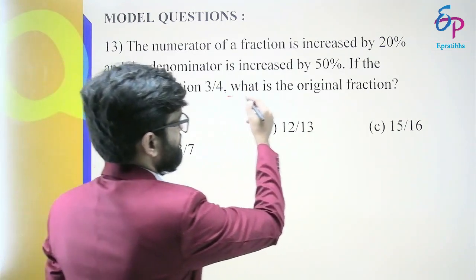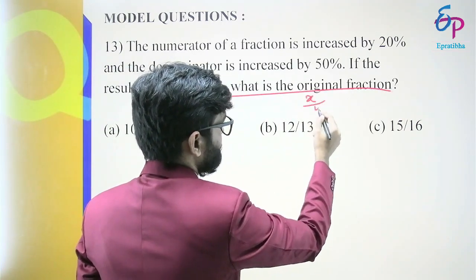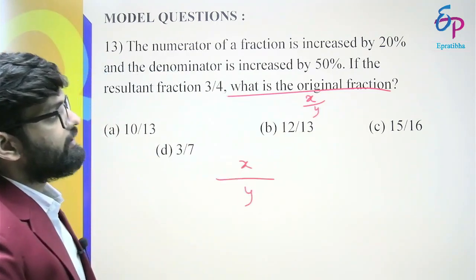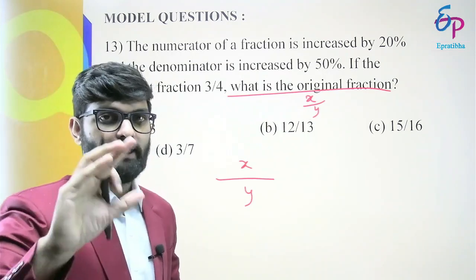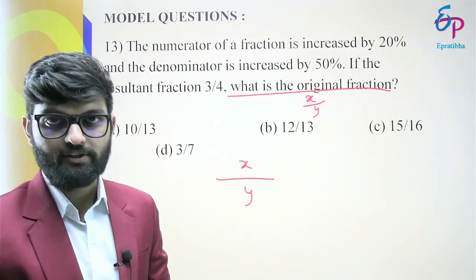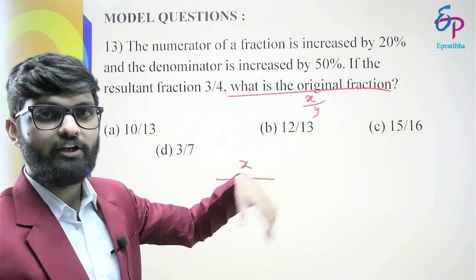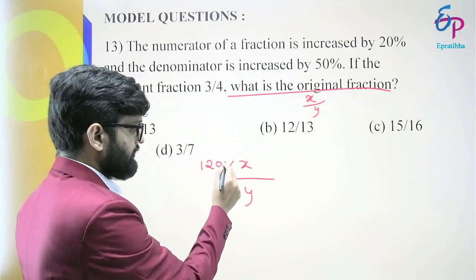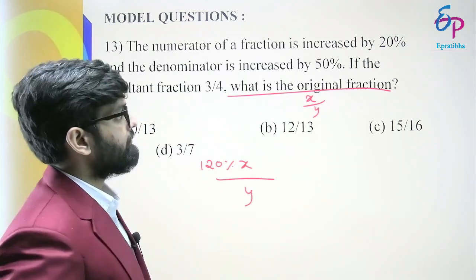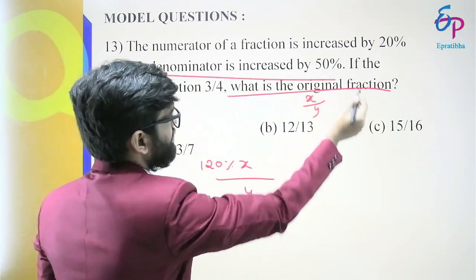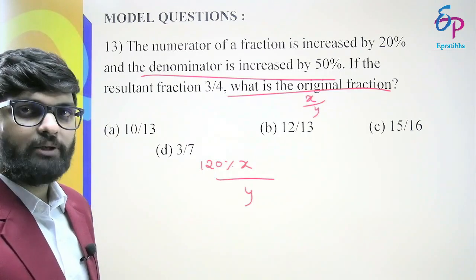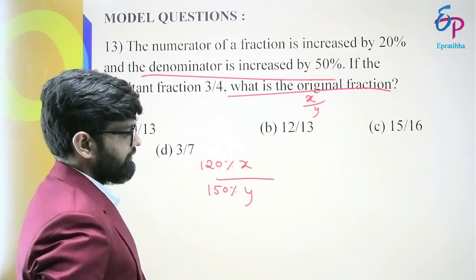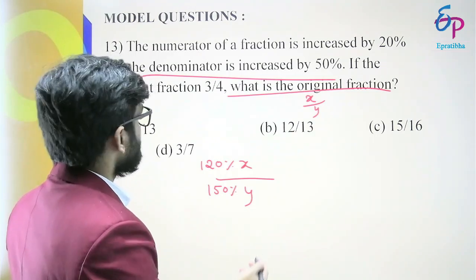Now suppose the original fraction, if I don't know, I'll take it as x by y. What they are telling is x by y is the original fraction. The numerator is increased by 20%. Let me take the initial fraction always to be 100%. So if 100% is there and it gets increased by 20%, x value will be 120%. Yes or no? X value will be 120%. And can you guess how much the denominator will be? If it is getting increased by 50%, how much do I have to write here? I have to write it as 150% of y, and the resultant will be